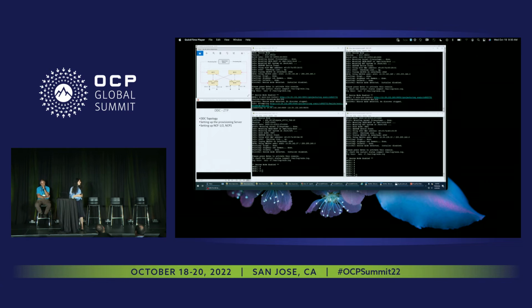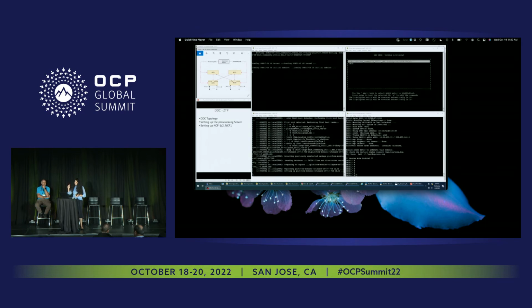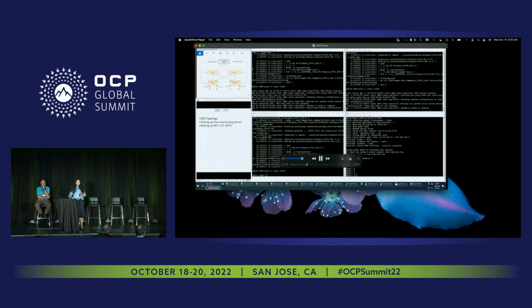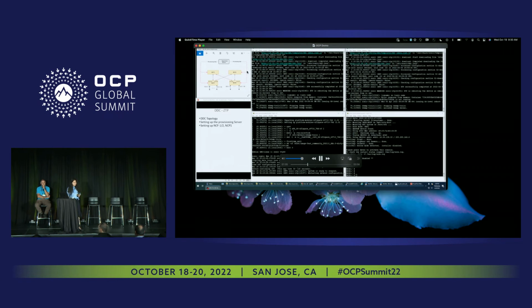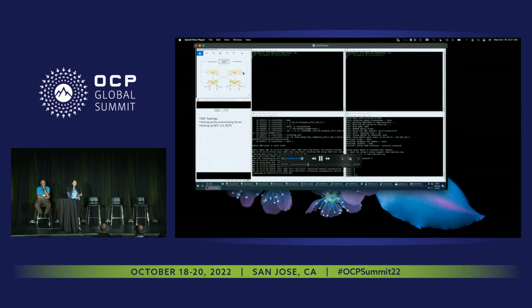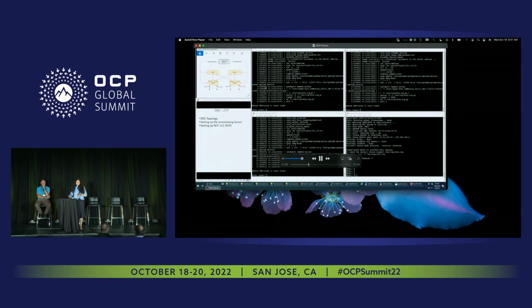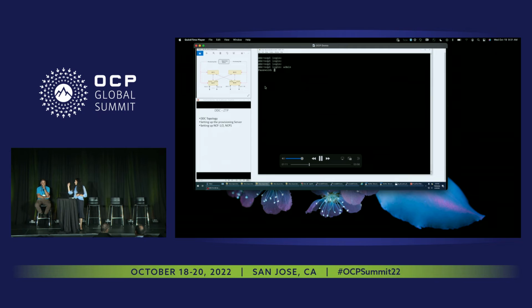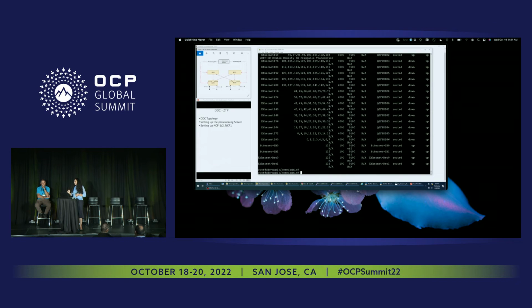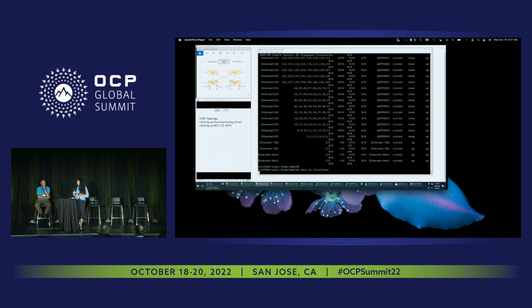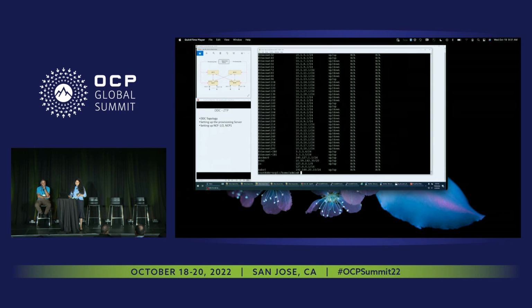Then we are bringing up the boxes here using ONI. And what this demo is showing you is we first bring up the one NCP and the two NCFs. The NCFs are nothing but the fabric nodes here. And the NCP is the Jericho 2C+, which is the leaf device. We are not yet adding the NCP2 into the DDC topology. We will then add the NCP2 into the DDC topology, and you will see that it will get discovered on the NCP1. So as we do a show BGP,